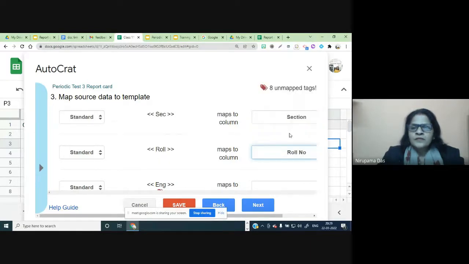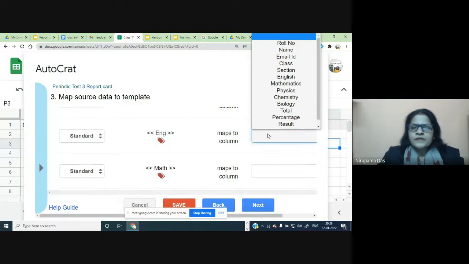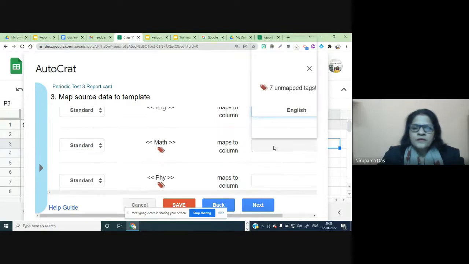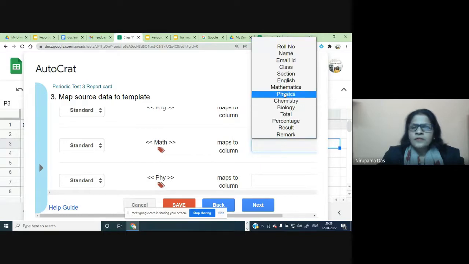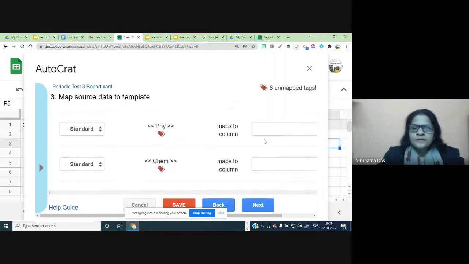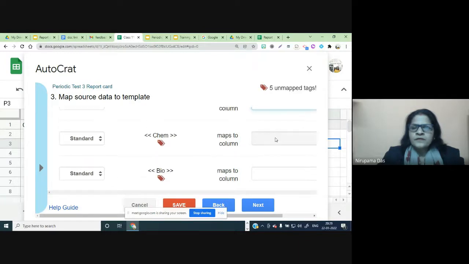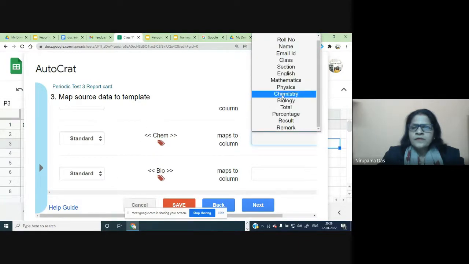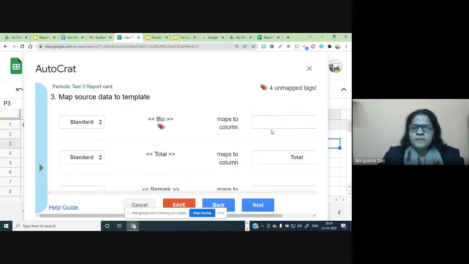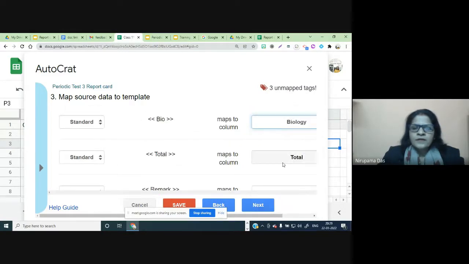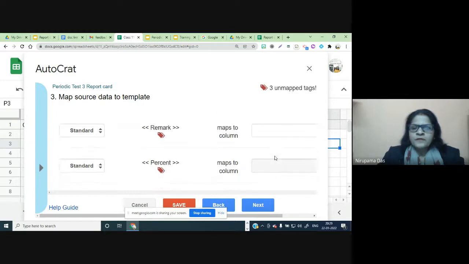Next, you can see subjects: English, mathematics, physics, chemistry. Okay, total is already mapped.